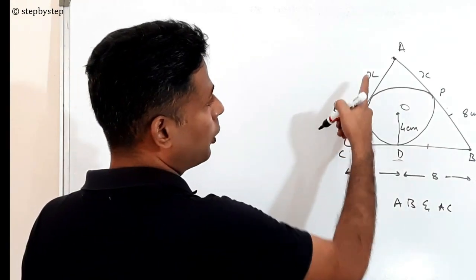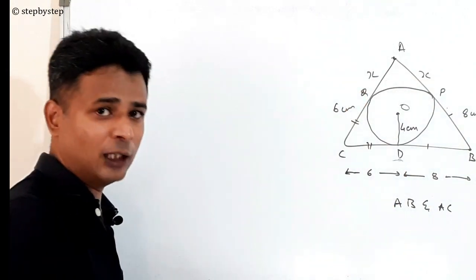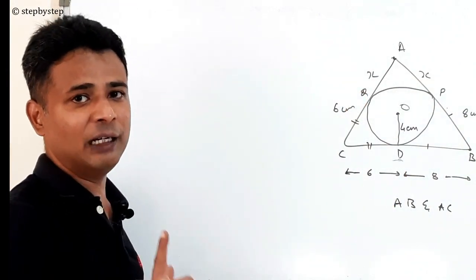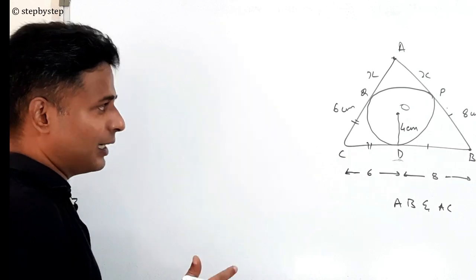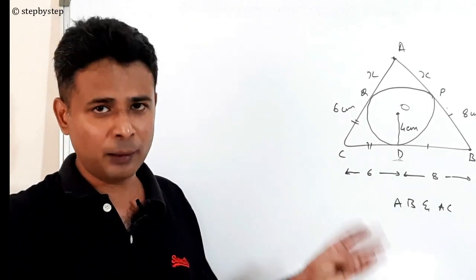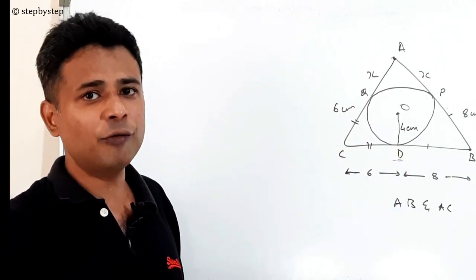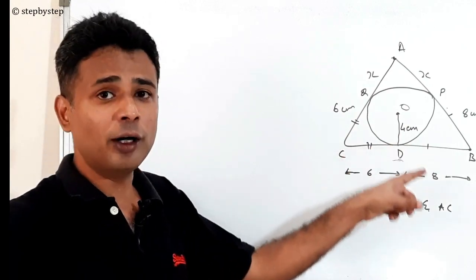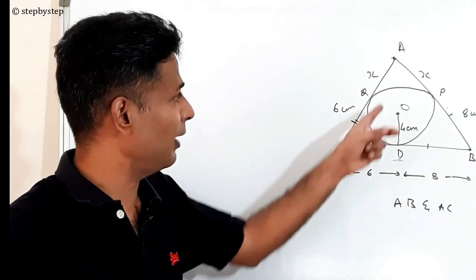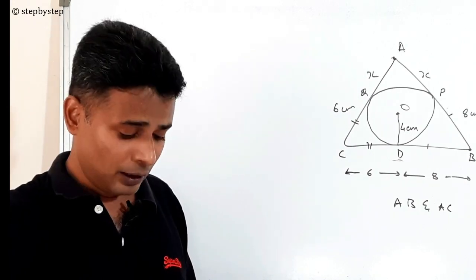So now we have only one unknown. To find AC and AB, we only need to know the value of x. To find one unknown, we need one equation. Guys, generally there is one more kind of problem that you get. In that problem, generally the easier problems will be where they give you the area of the triangle. Generally they will give you the area of the triangle and you have to use the formula for area of triangle and find the value of x. In this, they have not given you the area of the triangle,